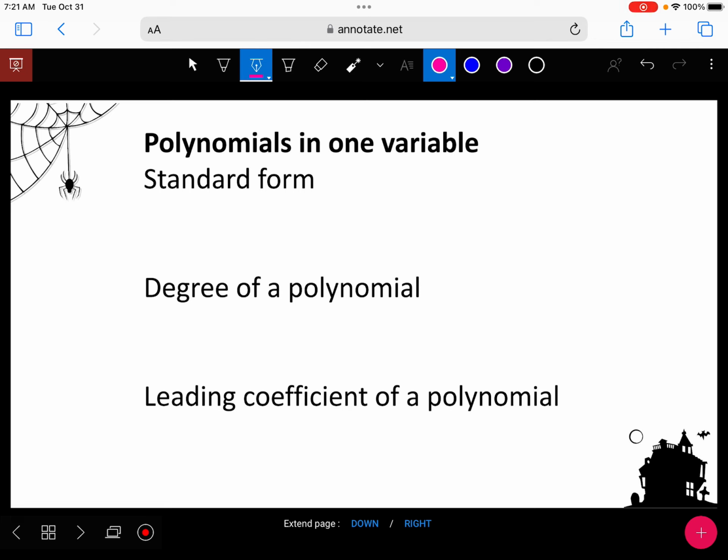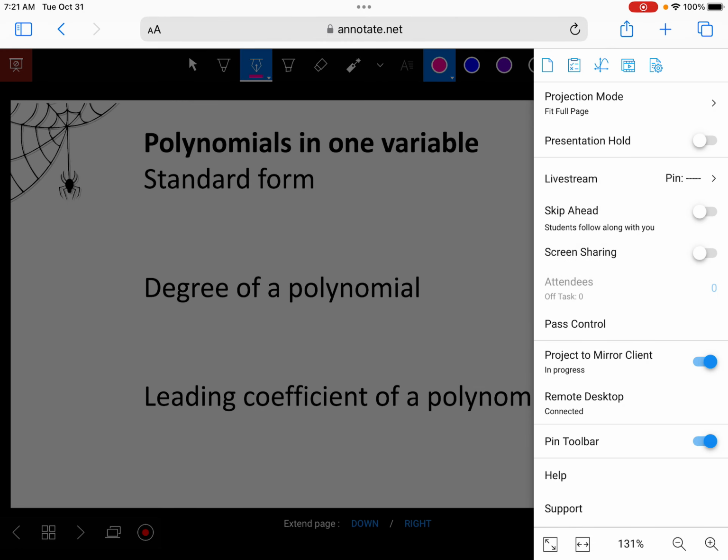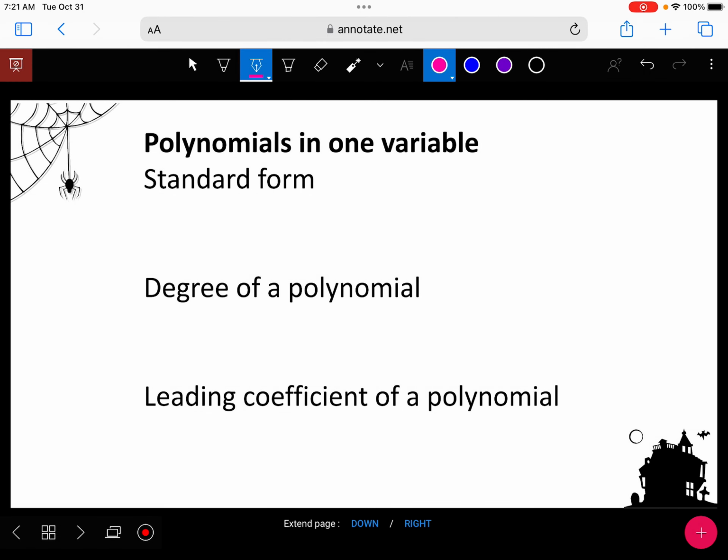I'm going to put a couple on the whiteboard right here. So something like 2x plus 1, 3x squared minus 4x plus 7. Those are polynomials. We've worked with those kinds of polynomials before. But in order to call something a standard form, it means we need to have a rule for it. So the rule we have for our standard form for a polynomial